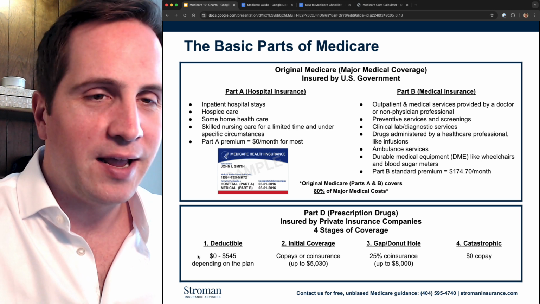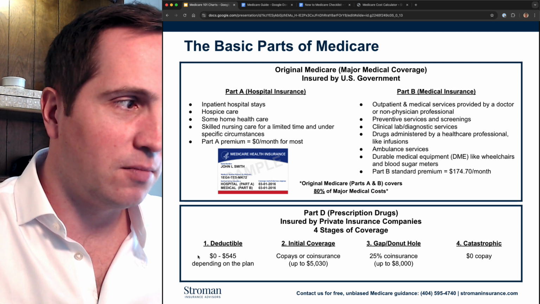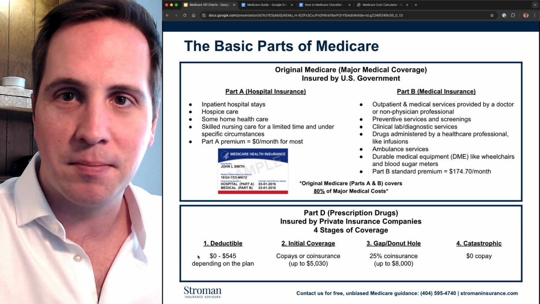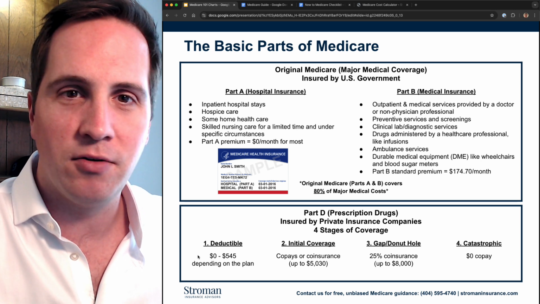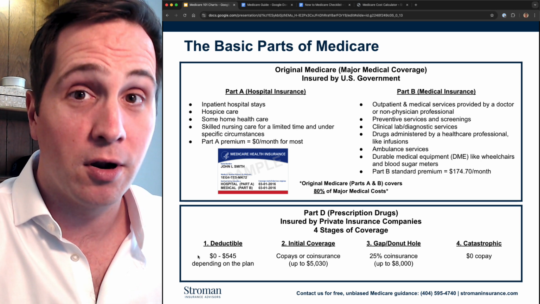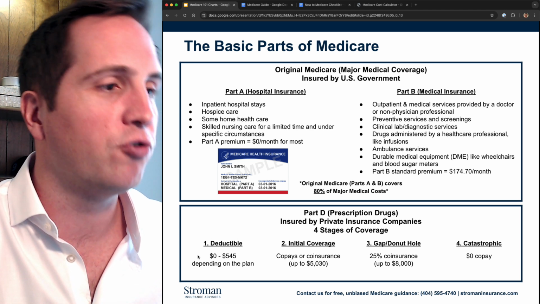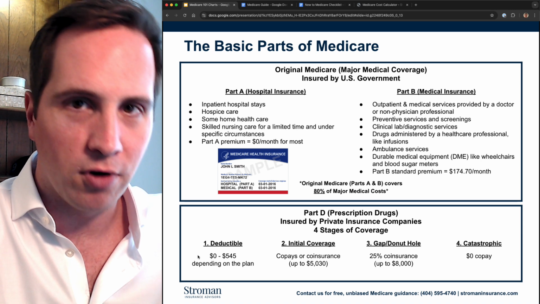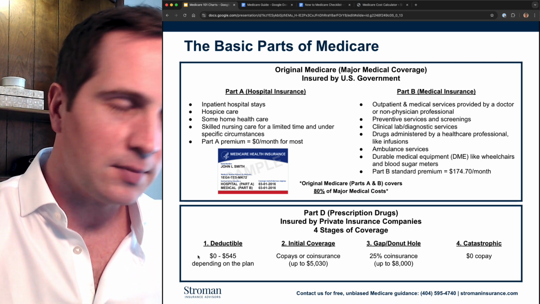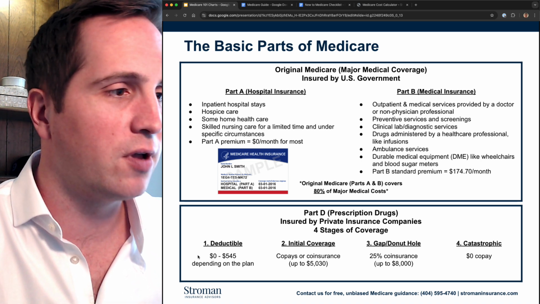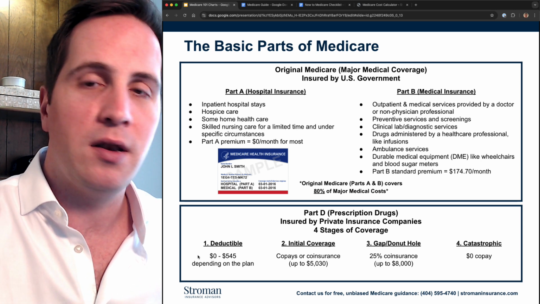And some plans will have co-pays during this phase to where you're only paying $3, $5, $10, $20 for a drug, which is great. But by and large, expect to pay the negotiated retail price for drugs up to that deductible level. The second phase is called the initial coverage phase, where you're going to have not the full price